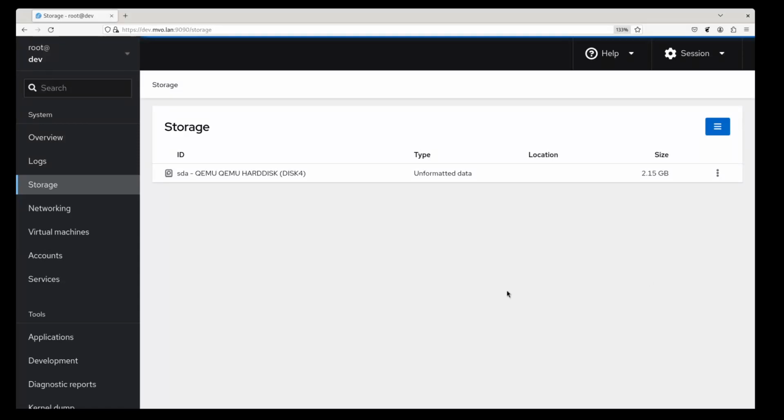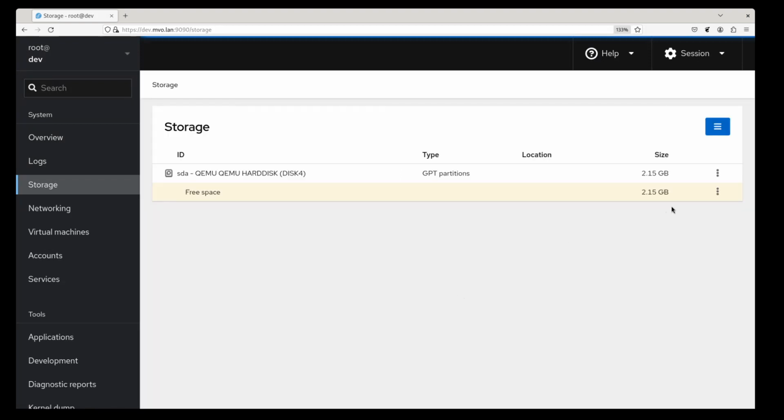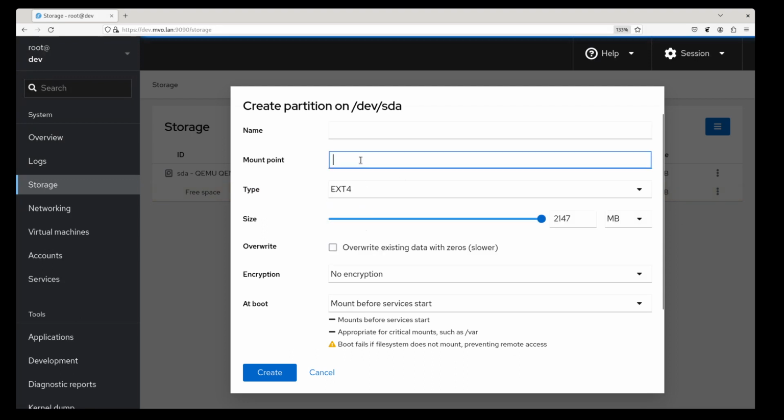Hello, this is a demo of another little feature in the storage page that is meant for the Anaconda mode when Cockpit storage is used during installation. In this mode, Cockpit behaves a little bit differently when creating partitions now. So let's make a partition table